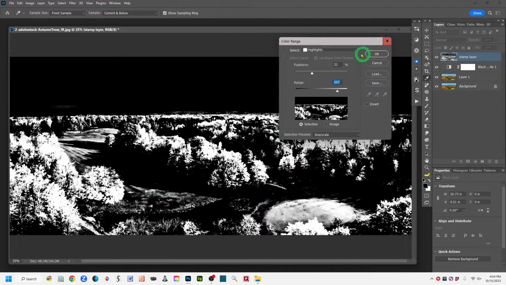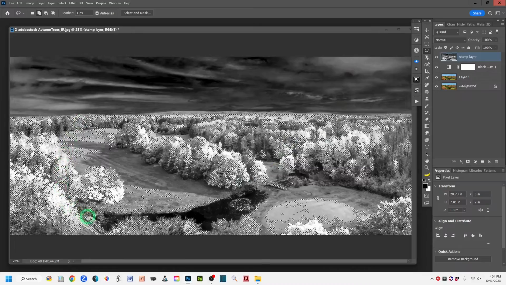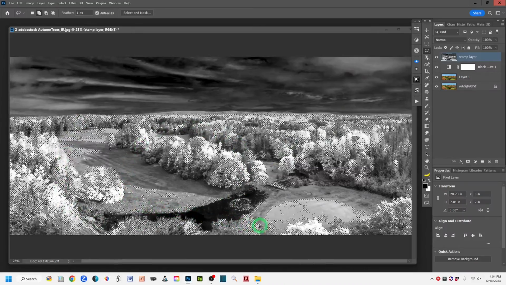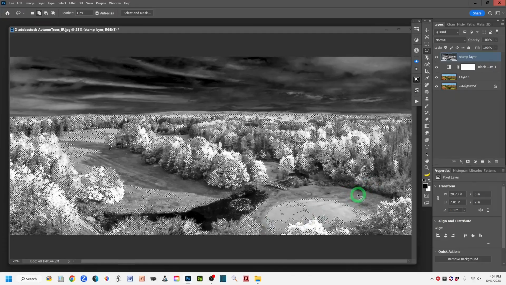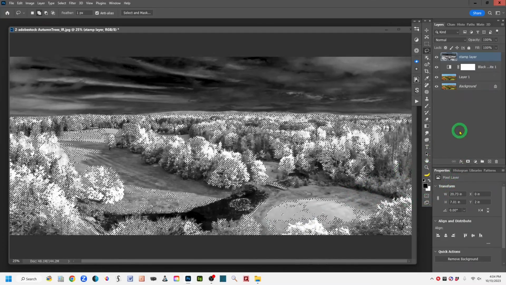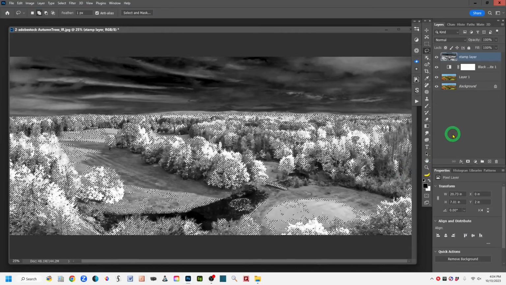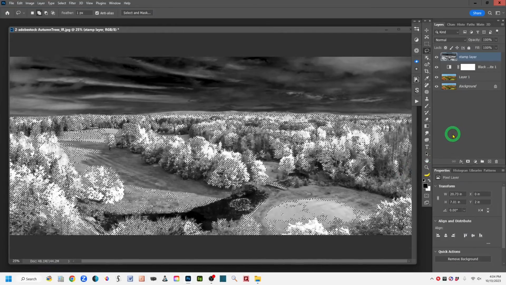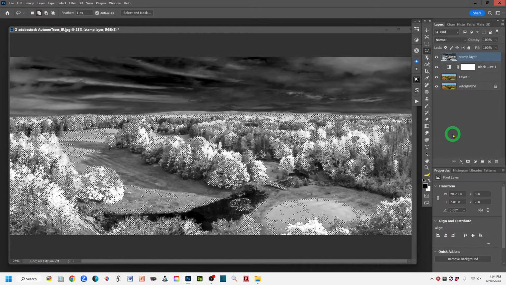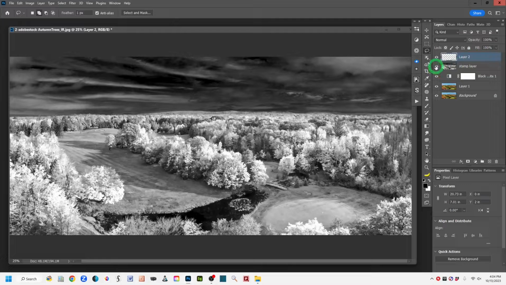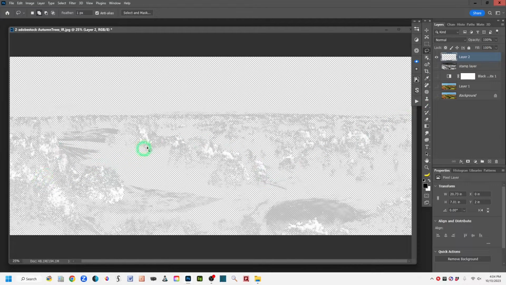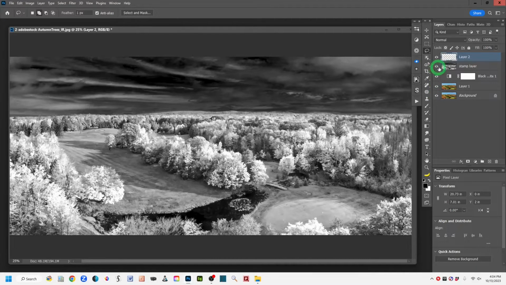Now that I've got that as a selection, I'm going to click OK in this Color Range box. Again, you can see the marching ants. We've got all kinds of highlights of the infrared section highlighted there. Now I'm going to do a Control or Command J with that selection active and jump them up onto their own layer. Let me see if I can turn these off so you can see. Can you see here, all those highlights are now sitting on their own transparent layer above the rest of the image. So I'll turn the rest of these eyes back on. And these are the select